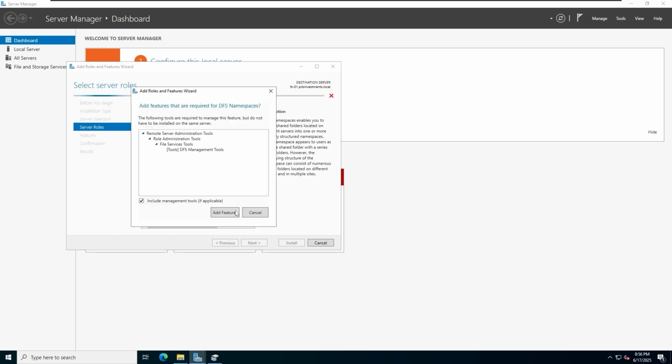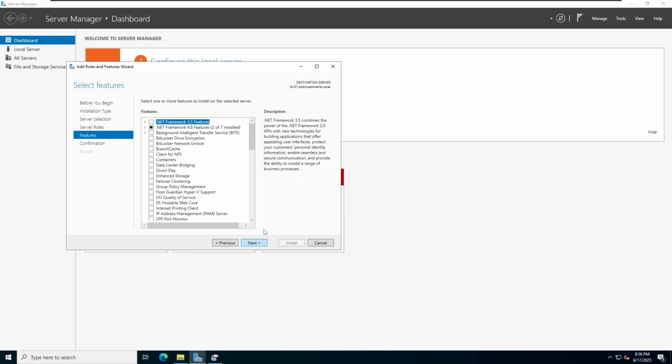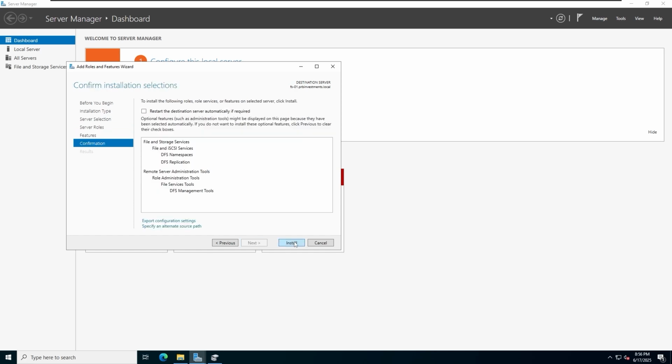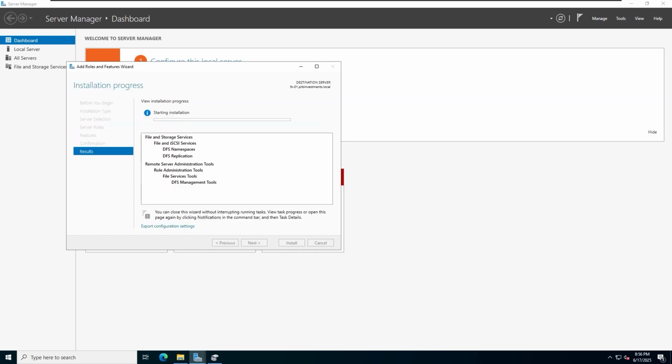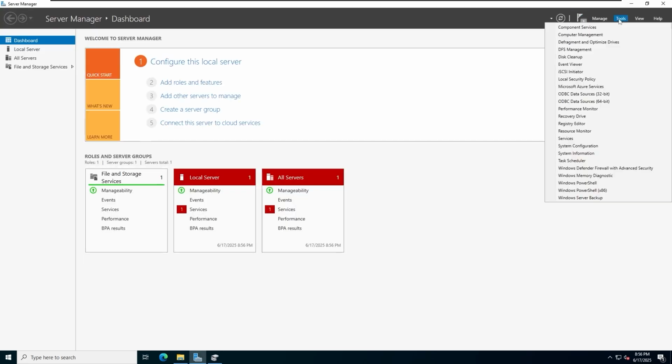So we'll select that, and we'll just add the features that are required to add this role. And then we'll just click next. We won't select any more features. And then we'll hit next one more time, and then we'll hit install. And then we'll just wait for this installation to be completed. Once that is done, we'll click on Tools, and we can see that we now have a new option called